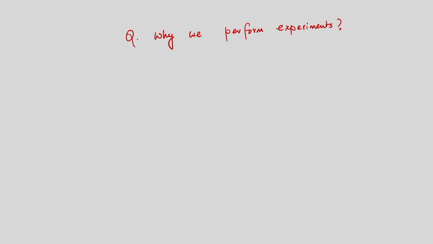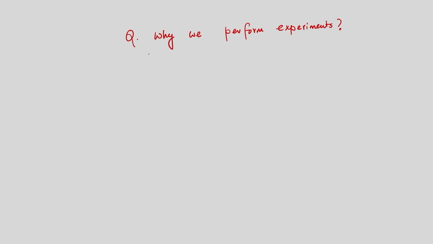If we know the reason behind doing experiments, then perhaps we will be in a position to address the requirement of statistical analysis of the experimental data. So, why do we perform experiments? There are a few objectives, rather, and if we need to fulfill those, we should do experiments. So, the first answer is number 1.